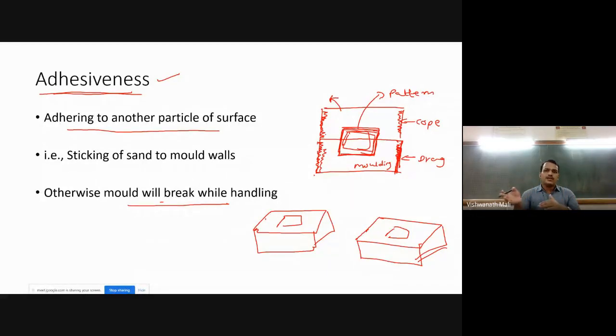But if you compare to the temperature of the molten metal, or what solidifies, and this mold cavity temperature, it is different. There is so much difference. That's why it will not adhere to your molten metal. That is also a main thing. Your wall temperature, that is the molding wall temperature. So here this is a molding wall and this is your molding sand. It is at room temperature. That's why it will adhere to it. But the molten temperature is very high, so it will not adhere to the molten metal.